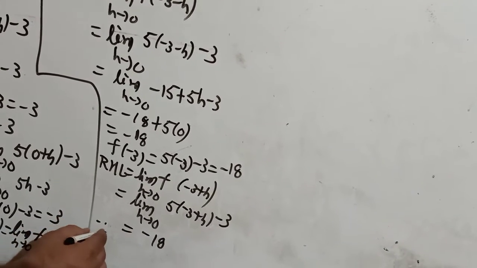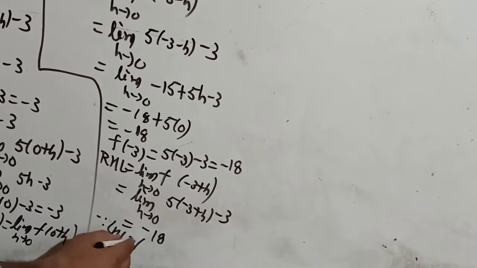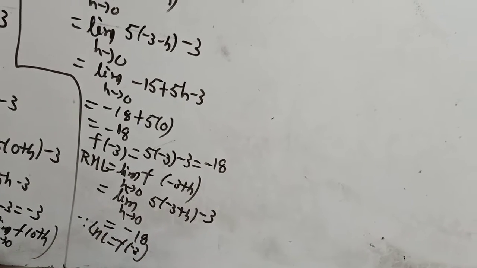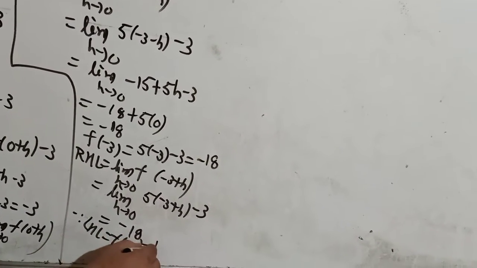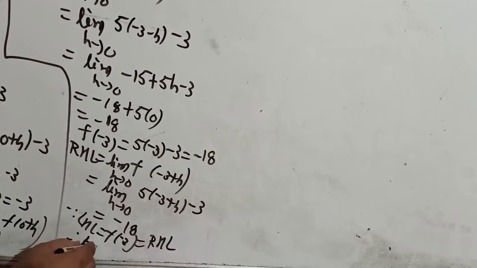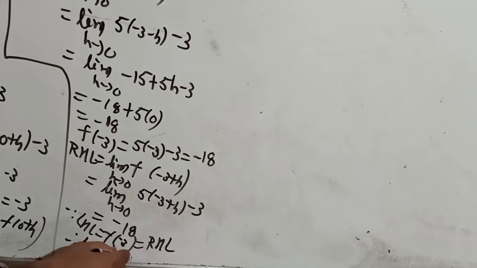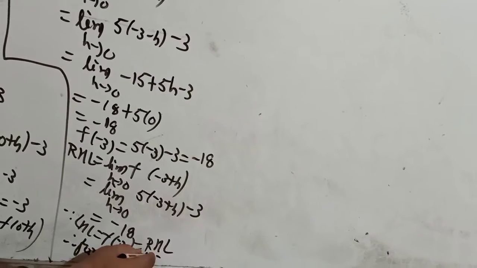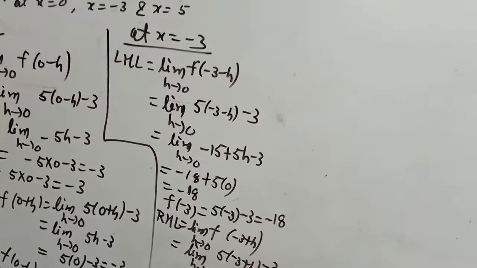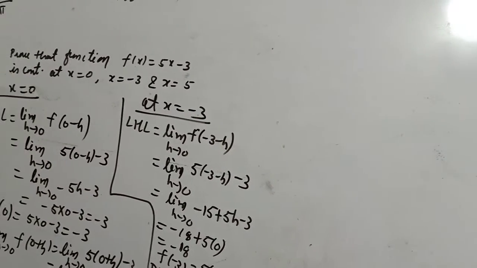So since LHL, f of minus 3 and RHL are all three equal, therefore the function is continuous at x equal to minus 3. Here continuous at x equal to 0. In the same way you can find continuity at x equal to 5. Now